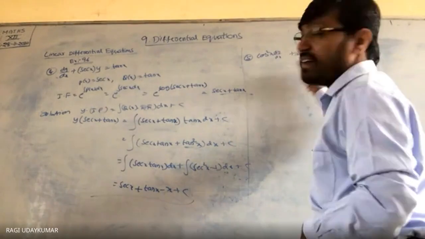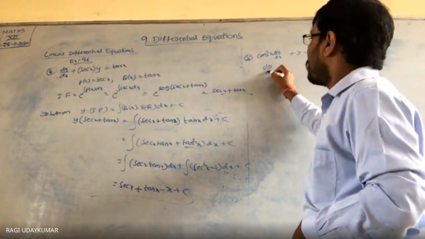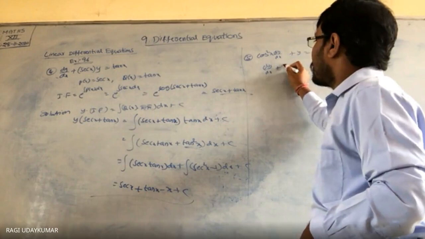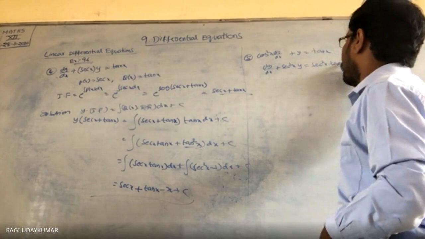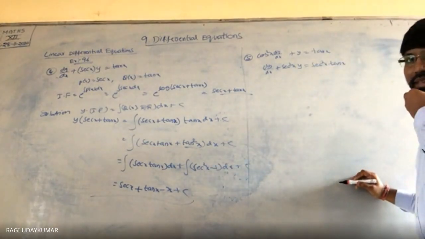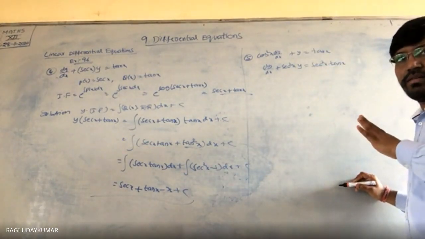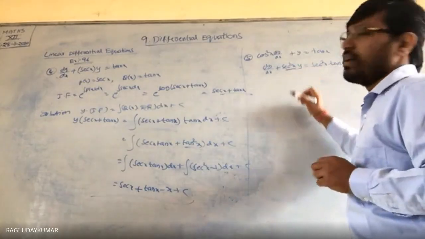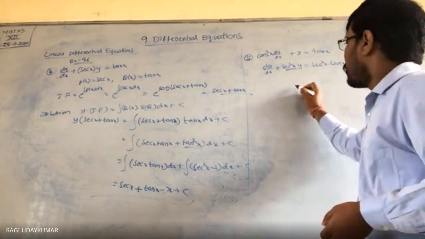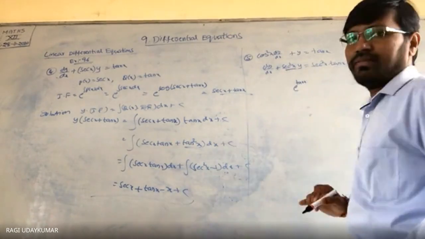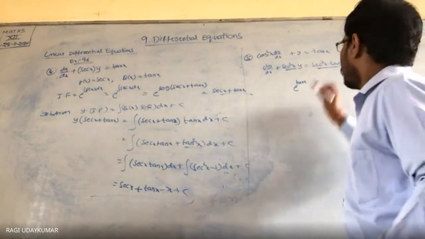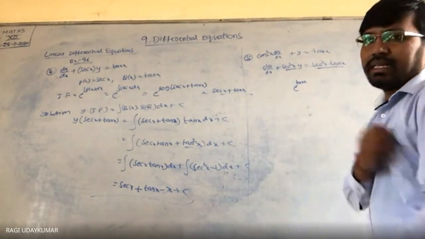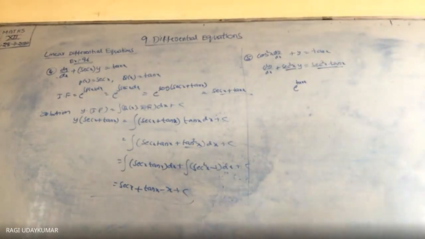So divide the whole equation by cos square x. So you can write dy by dx plus secant square x y is equals to secant square x into tan x. Isn't it? समझ में आया? Yes, sir. So in this, what you have to do here? Secant square x is equals to tan. So e power tan x will become the integrating factor. Then simplify it, secant square x into secant x tan x.